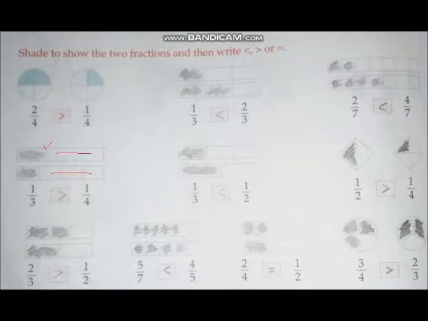Similarly in these two. Now if the denominators and numerators are both unequal, in this one again we will check the spaces. So the one with less space, that fraction will be the greater one. So here this fraction is greater, that is 2 upon 3. For this one here the spaces are equal, so these fractions are equal. For this one, this space is less than this one because this is a little more and this is less. Here 3 upon 4 will be the greater one.